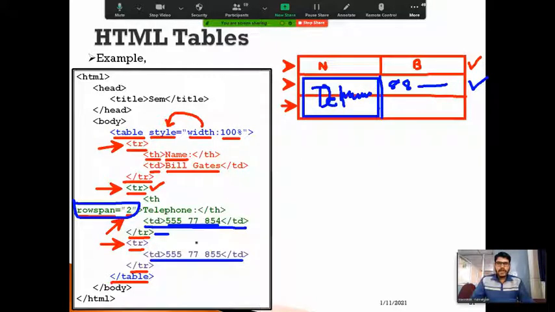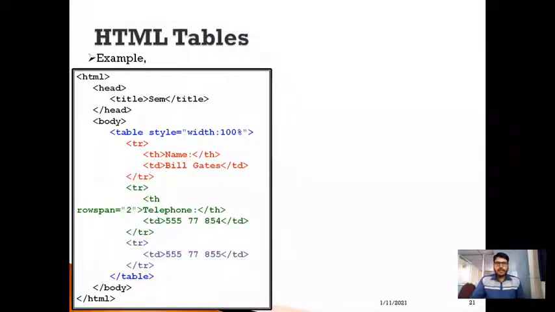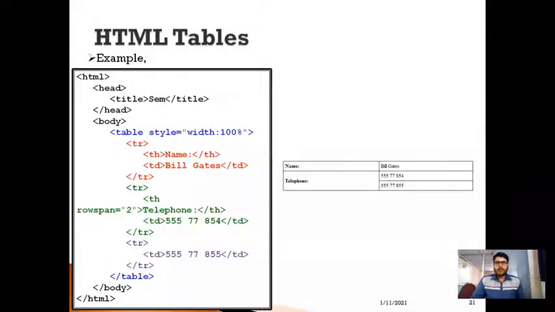I can directly specify only a single value, that is 8555, and this value will be included in this particular position. After this, I'm going to close the tr tag so that it creates a table looking like this. If we get the output here, this is the right output for this particular example. So you can observe here.